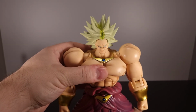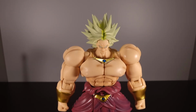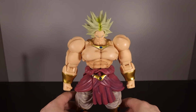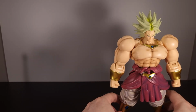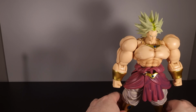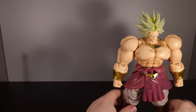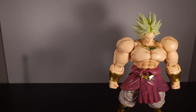He strikes a mean pose. He can do some articulation. He's a little bit limited in others, but yeah, he does have quite a bit going for him despite his age. So yeah, if we move this guy off to the side, let's bring in